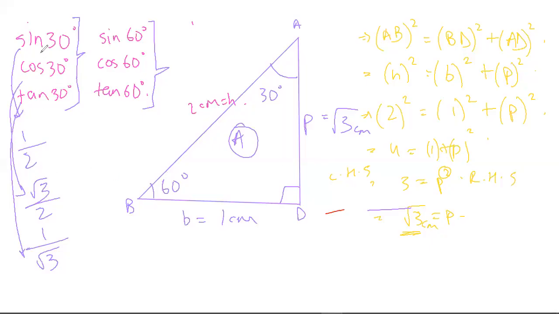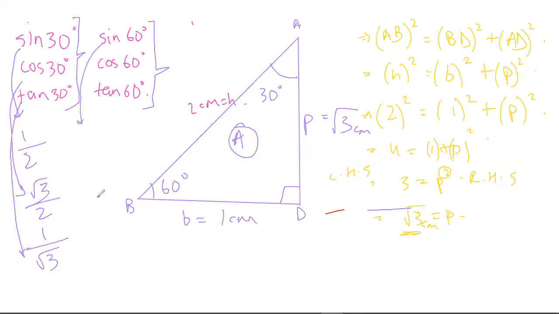So earlier I had made the mistake that sine 30 degree is equal to root 3 upon 2. That is a mistake that you might make. What mistake did I make? With respect to angle 30 degree, we need perpendicular upon hypotenuse. I had assumed by mistake root 3 upon 2. But it should have been perpendicular upon hypotenuse, and with respect to angle 30 degree, perpendicular became base and base became perpendicular. So the base that became perpendicular is equal to 1 centimeter, and it should have been 1 upon 2. So you get it. Then sine 60 degree.